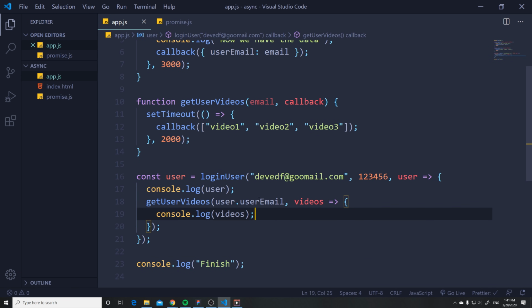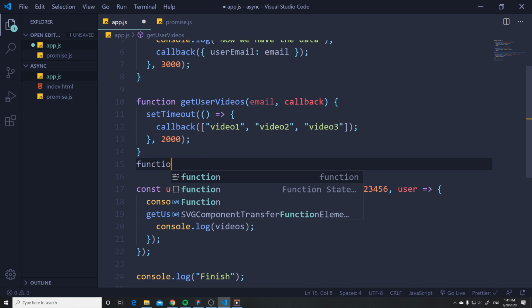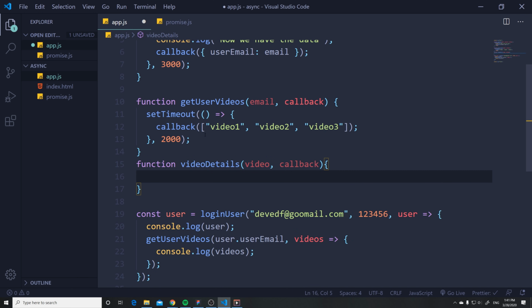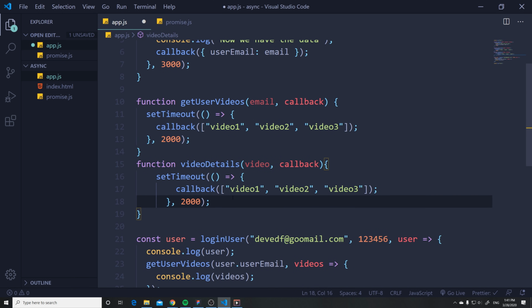Now the problem is that when you try to fetch things multiple times, so I want to fetch the user, then his videos, and then maybe video details. I can add another one here, function video details. All right, this one takes in a video and a callback. I'm just gonna kind of duplicate the functionality here. All right, so when you keep stacking these things, let's say this just gives us back the title of the video,